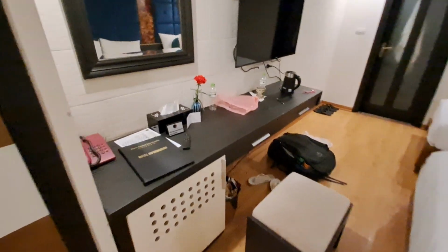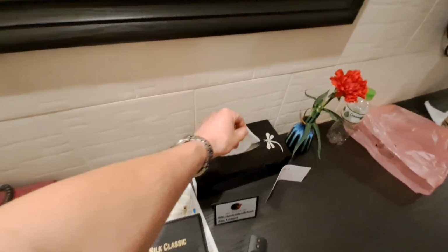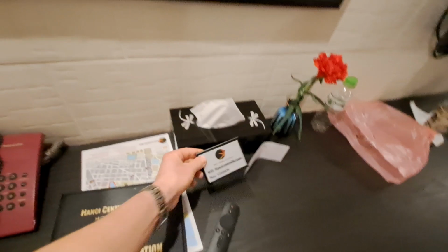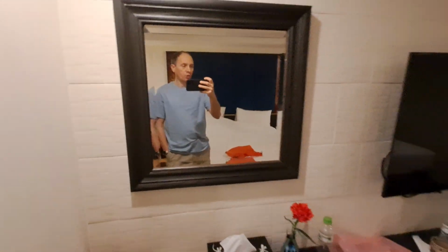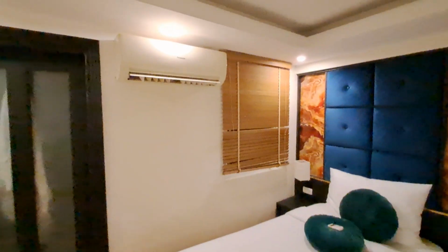We have a wardrobe. The wardrobe is massive, I don't know why you need such a big wardrobe. Then we have a table, chair, phone, box with the napkins, Wi-Fi. We have a red flower, mirror, television, kettle, air conditioning,